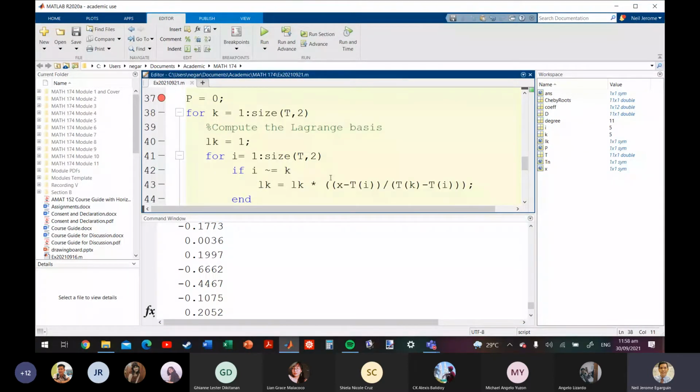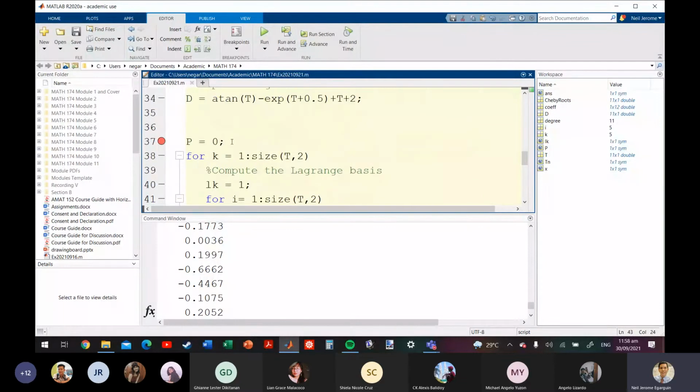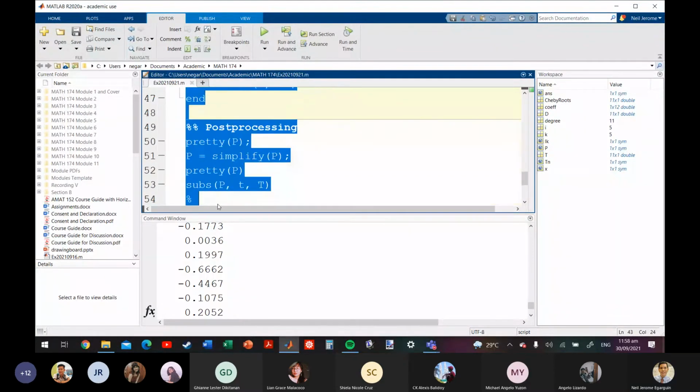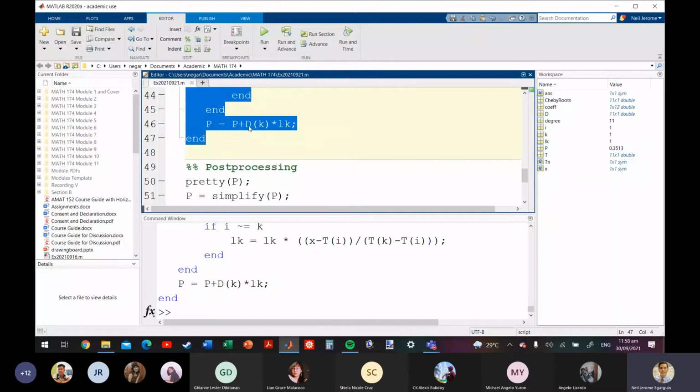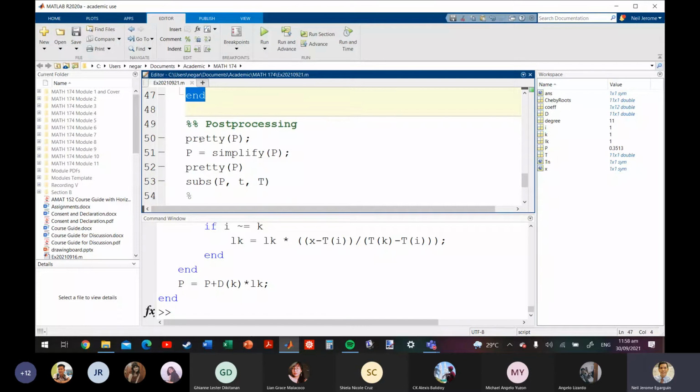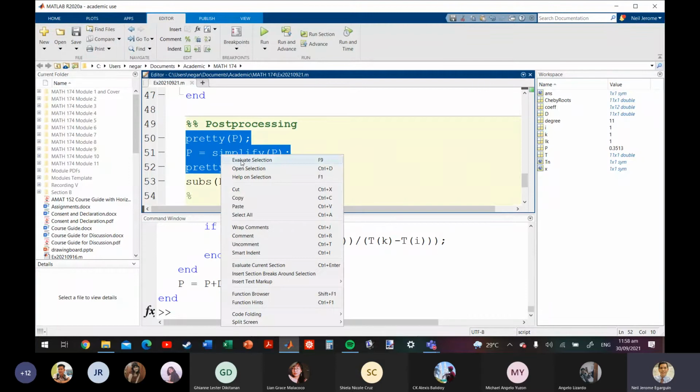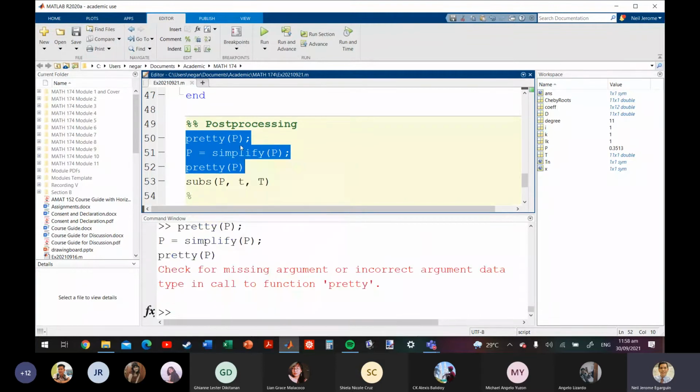Okay. Meron pala akong konting binago, yung variable ay ginawa kong x instead of t as what we used last time. Pero little change lang naman yun in the code. So I can now run the rest of the code before the post-processing step. And then no errors. So ito na yung na-compute na ni Matlab yung interpolating polynomial. And then let's just see here, line 50 to 52 para makita natin yung itsura niya.